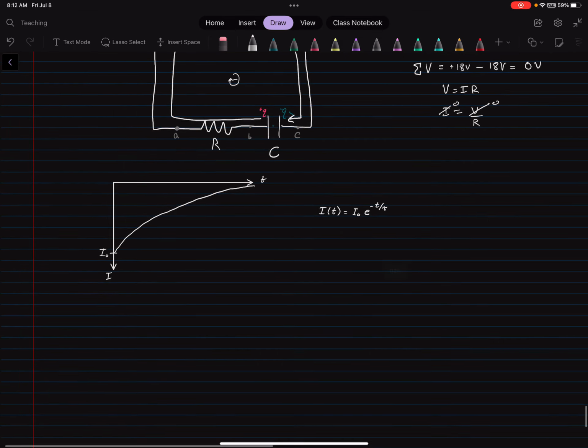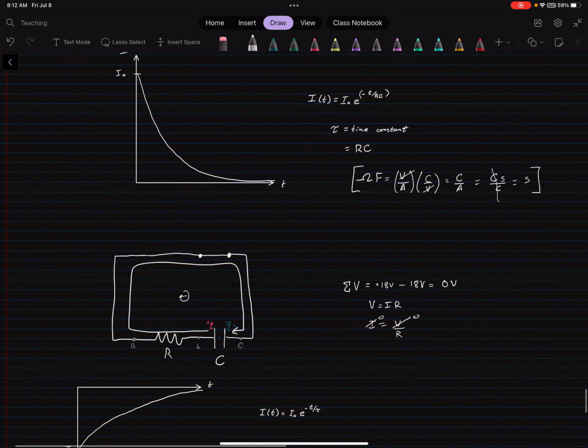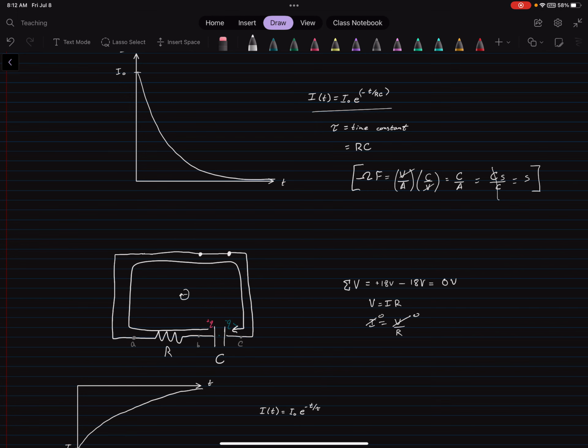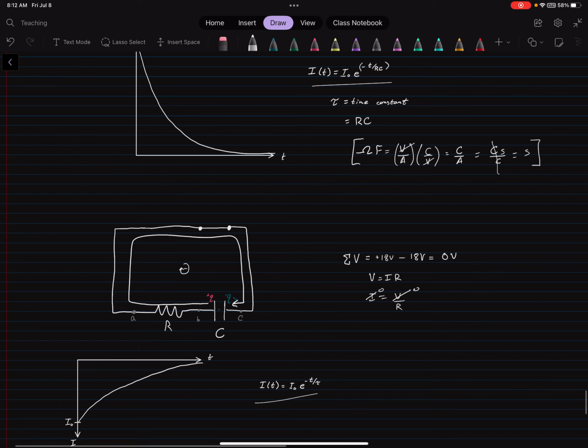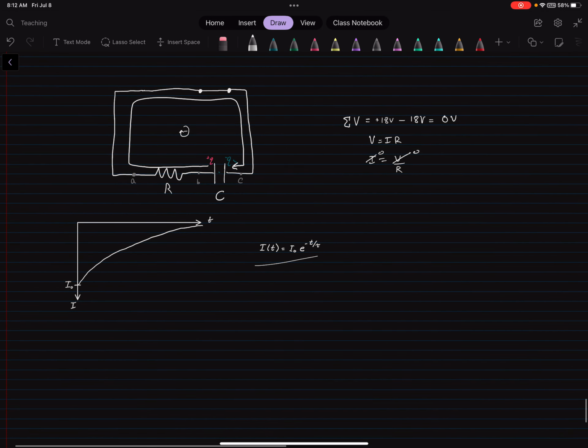And that's the exact same thing, right? Where did I write it? Yeah. So it's the exact same function that it follows, whether it's charging or discharging. Meaning that if you were to add a light bulb to this circuit and watch what that light bulb does as it charges and discharges, a light bulb lights up brighter the more current that's flowing through it. And so that means that as soon as you started discharging the capacitor, right, you took out that voltage source that charged it, and you connected the wires back together,